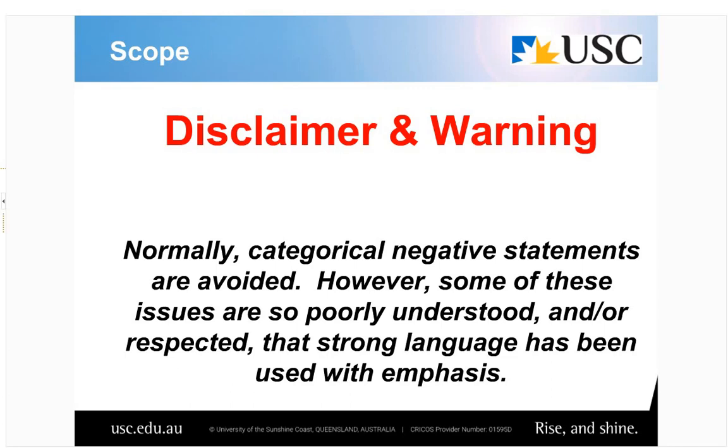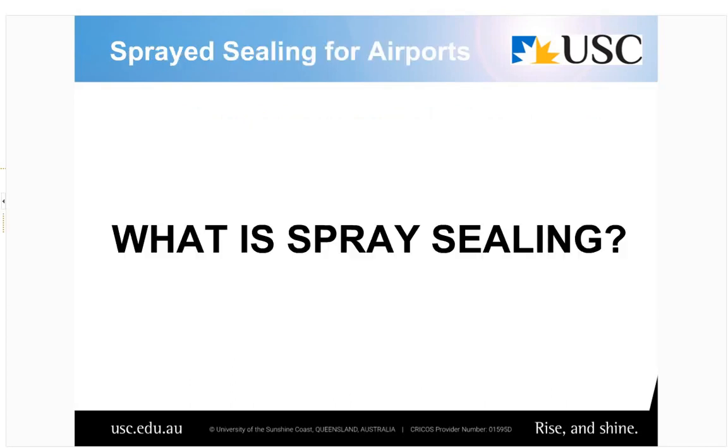So I've probably used in this presentation stronger language than I would normally be comfortable with. I even made them red, bold, and in big letters, so you'll see those when they come. But I acknowledge from the start that for every one of those statements, there's certainly the odd example where those things would be proven wrong. So you have to take the big nots and don'ts and musts with a small grain of salt. It's really just to emphasise the importance of those issues, not to be categorical